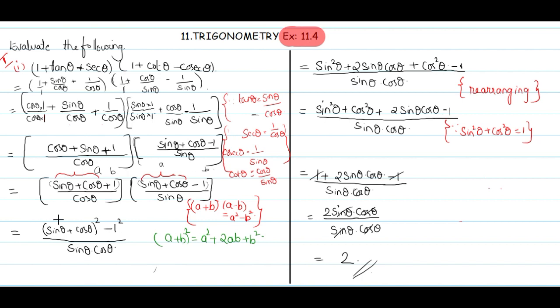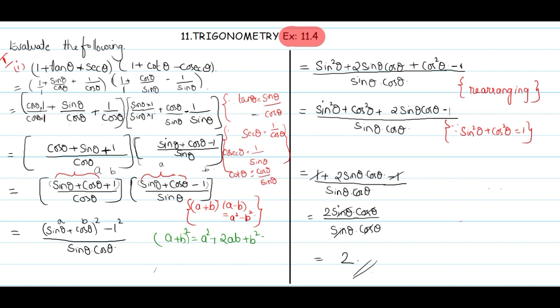If I take this as a, here we consider sin theta as a and cos theta as b. A square means sin square theta plus 2 into a into b, 2 into sin theta into cos theta, plus b square is cos square theta. It is not cos theta square, we have to write cos square theta. Then minus 1 square is 1 itself, and in the denominator we have,